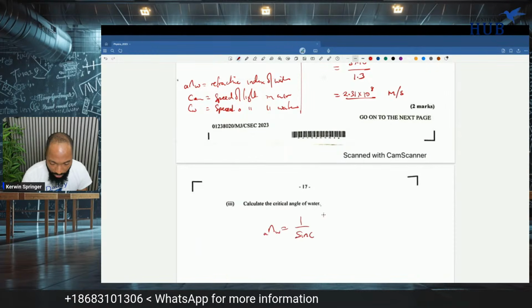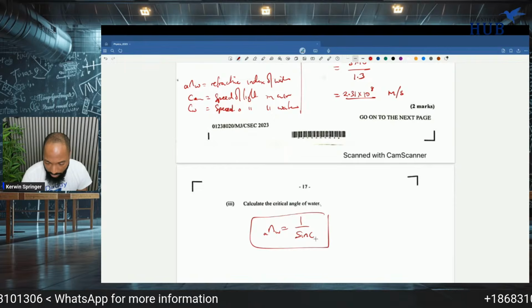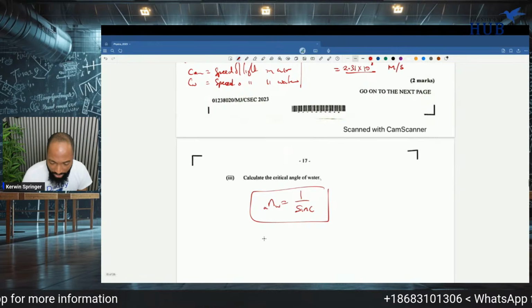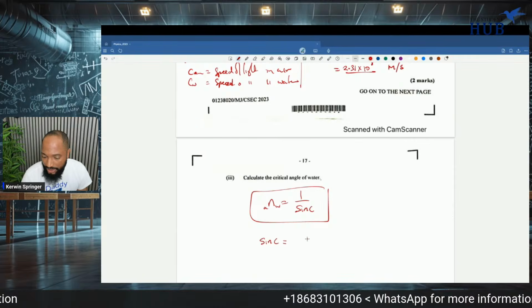So n of water, but we want the critical angle. So I'm going to rearrange this equation. Sine C is equal to 1